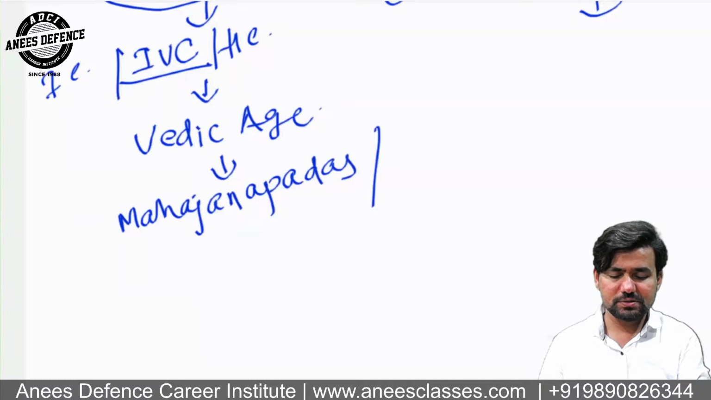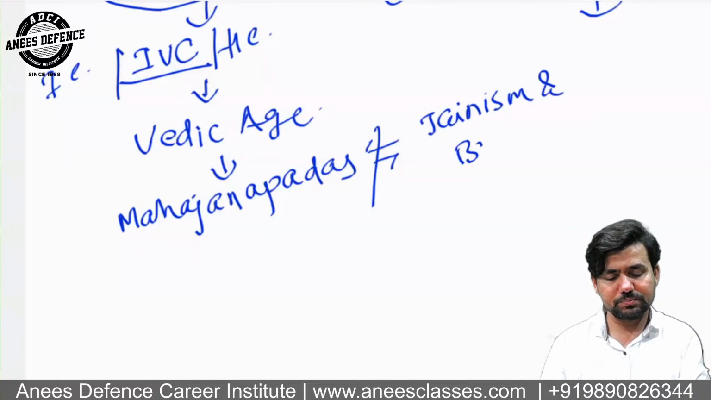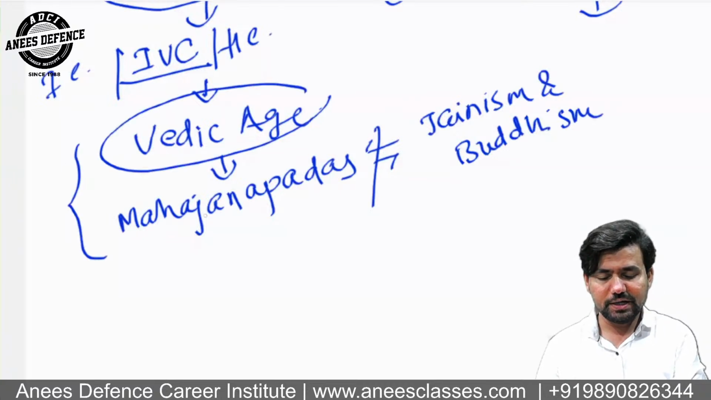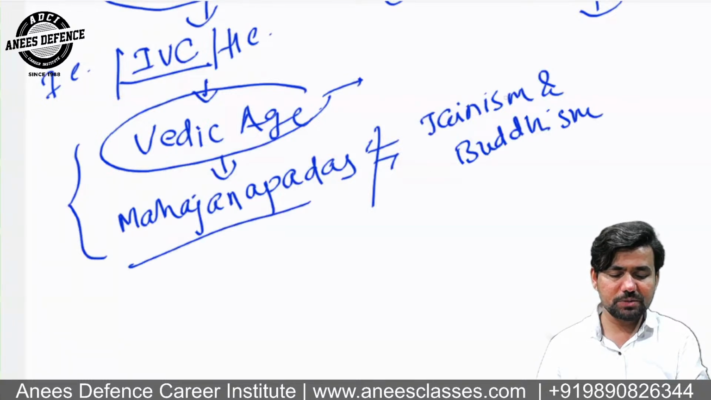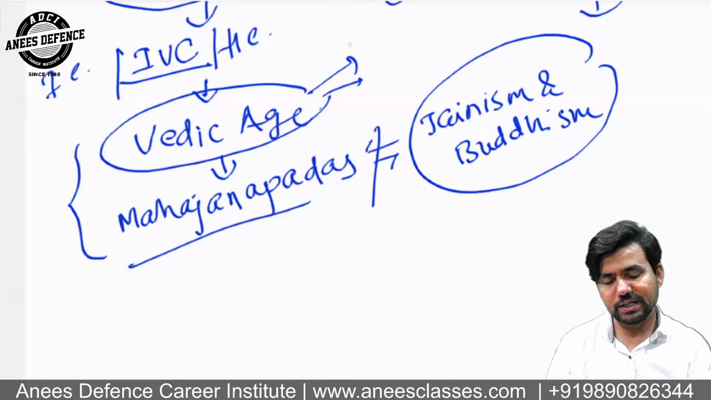Along with Mahajanapadas, side by side, we will also discuss two important religions, that is Jainism and Buddhism. So this will be our next topic: about Vedic culture, Vedic age we will discuss, and then we will discuss Mahajanapadas. Along with Mahajanapadas, we will discuss Jainism and Buddhism. If you look at the duration of Vedic age, it is roughly from 1500 BCE to 500 BCE,